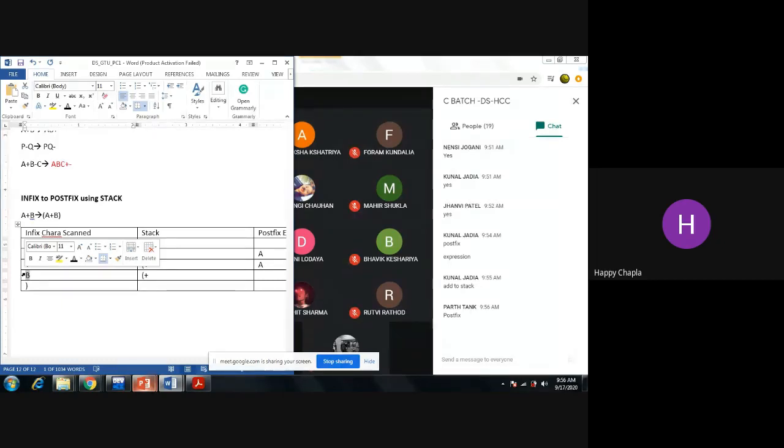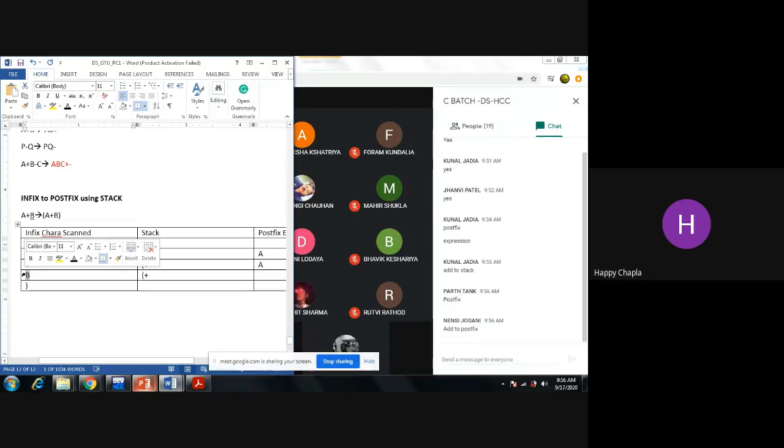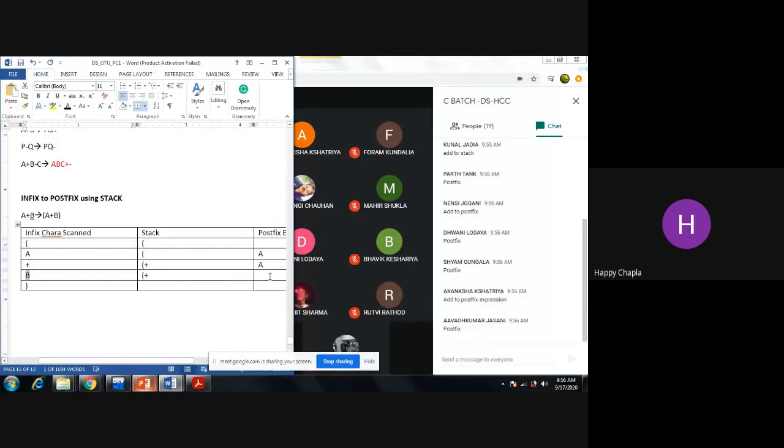If I am encountering operand, then what we have to do? Bhavik, unmute yourself. We have to add that element into the postfix expression. So A is already there in the postfix expression, and now I am adding my B.